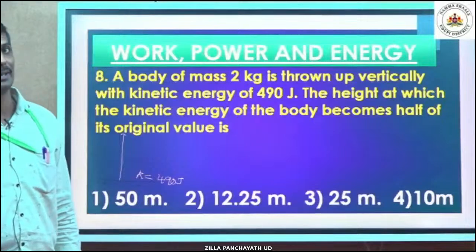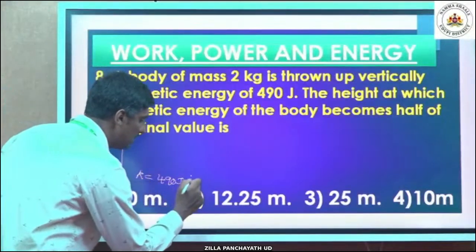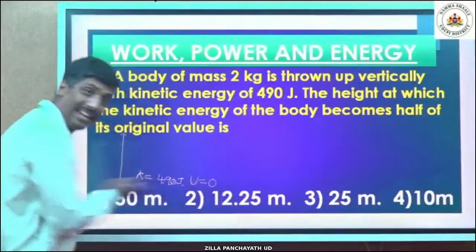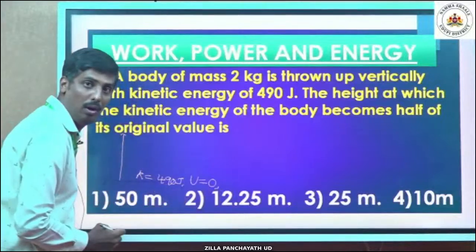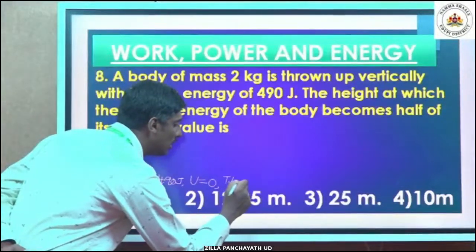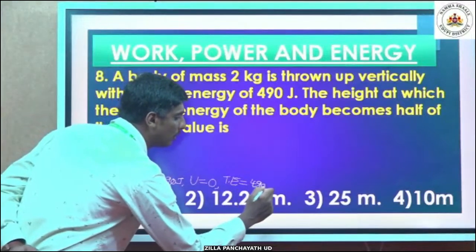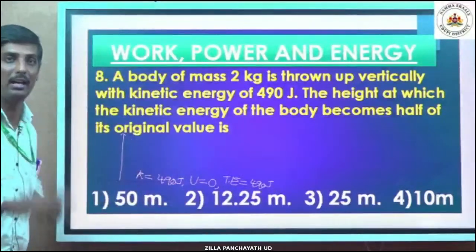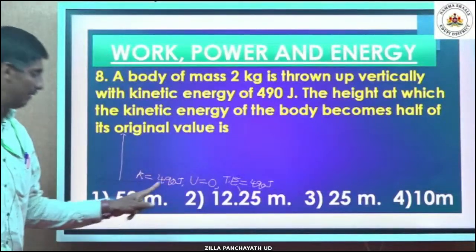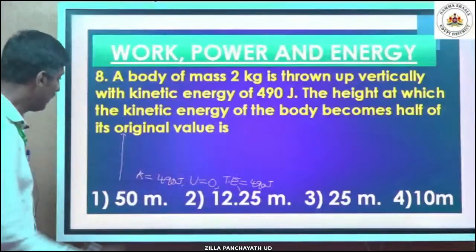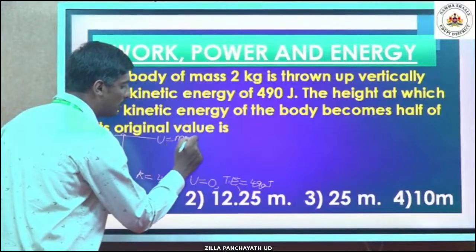ನಾನು ಒಂದು ಪಾಯಿಂಟ್ ಹೇಳಿದೆ ನೆನಪಿರಲಿ ಅಂತ ಮಕ್ಕಳೇ, lowermost point ಅಲ್ಲಿ potential energy ಎಷ್ಟಿರುತ್ತೆ? Potential energy is equal to 0, taking that point as a reference level. That's very important. Okay, so potential energy is equal to 0. ಹಾಗಾದ್ರೆ what is the total energy? Total energy is equal to 490 joules. ಅದಕ್ಕೆ ನಾನು ಹೇಳಿದೆ ಮಕ್ಕಳೇ, at the lowermost point the total energy is purely kinetic, where potential energy is equal to 0. ಸರಿ, highest point ಗೆ ಬಂದಾಗ potential energy is equal to mgh,